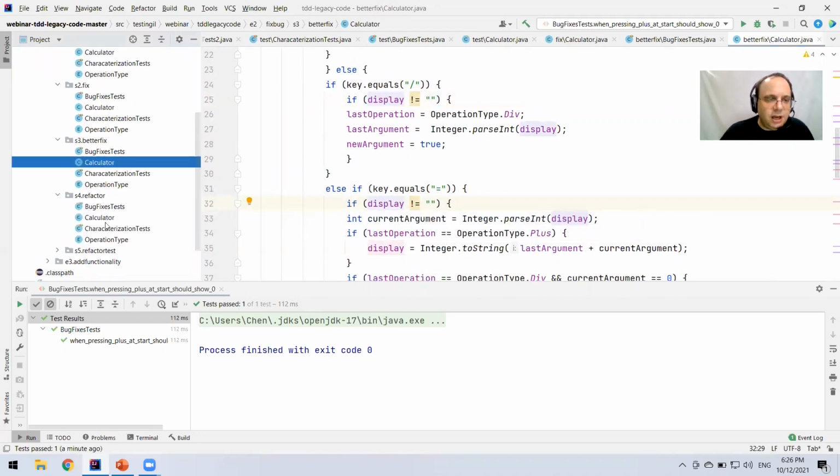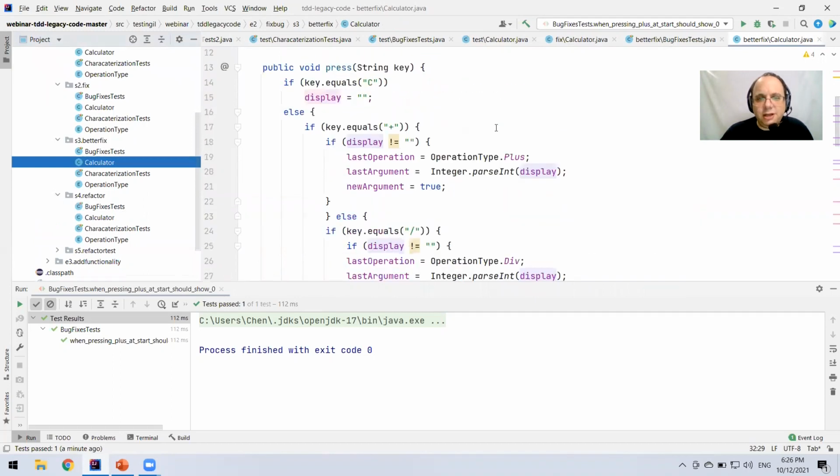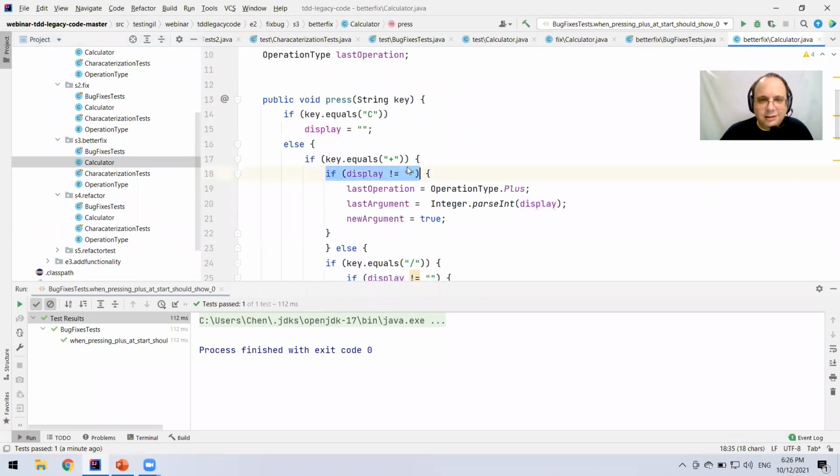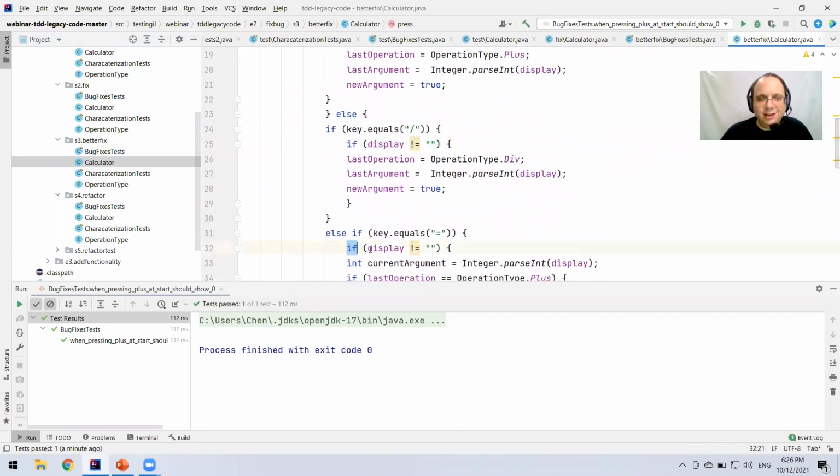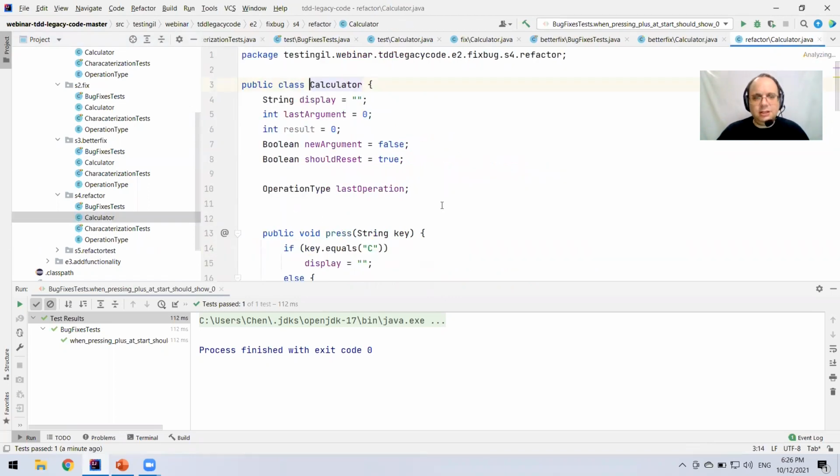Refactor. How do I refactor? Well, obviously, I now have this thing here repeated every time, which kind of increases my error level of the code. And we obviously don't want that. So we can do all kinds of things. What I decided to do in order to refactor is